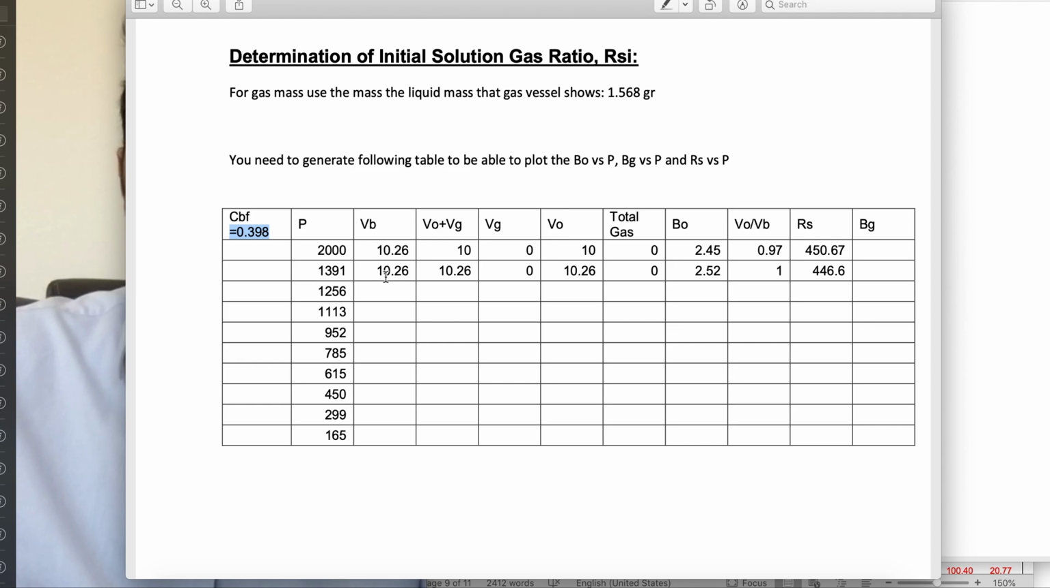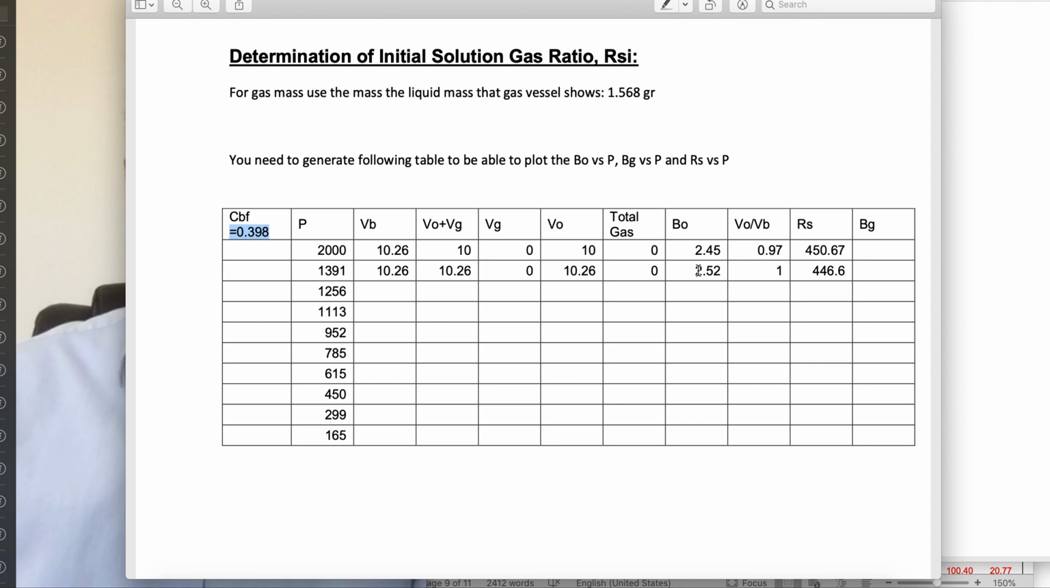That's the volume at the bubble point. I have that. The volume of gas plus volume of oil, we have that value. And this is volume of gas, this is volume of oil. This is total amount of gas. The BO, the formation volume factor, requires the VO over VB. So VO, we have the volume of oil. VB, that's 10.26. So VO divided by VB, this becomes that small VO. That's a normalized VO. So normalized VO divided by the CBF, which is a constant, will give you the BO